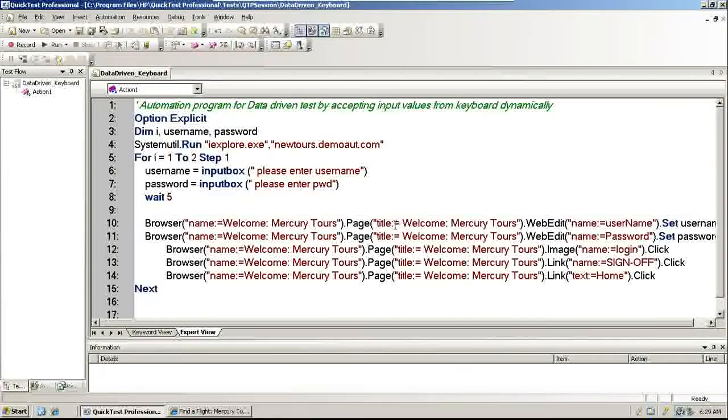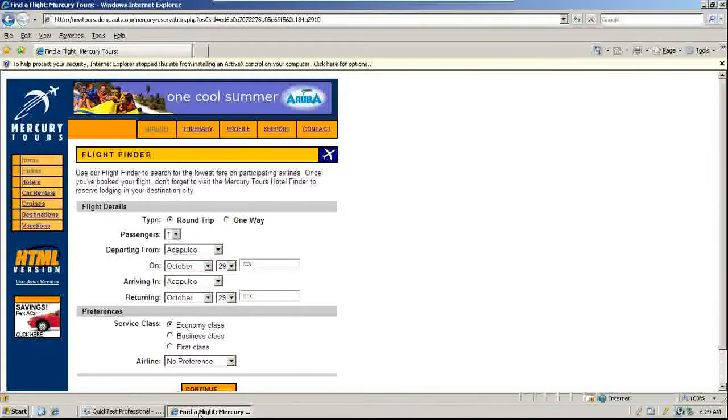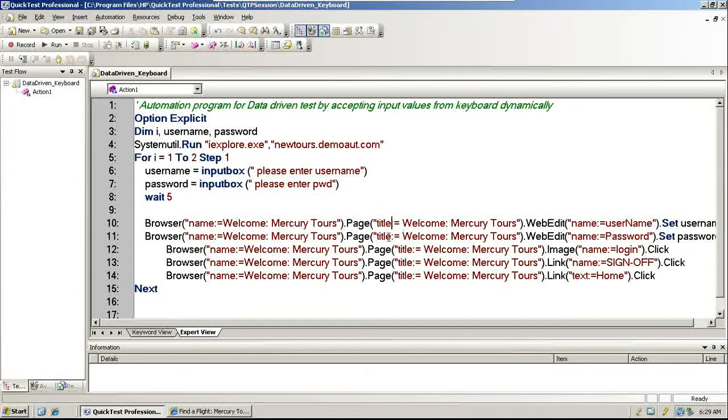Now what I'm going to do is revert back to the code. Probably we must have typed something wrong, but if you see, it looks okay to me. Dot link. Okay, now I got it. This particular page is different, because the first page, the login page, is different. Only after login, this is the second page, right? For the first two, username and password, the page name is correct, whereas the second page may be different. So what I have to do is use the object spy.